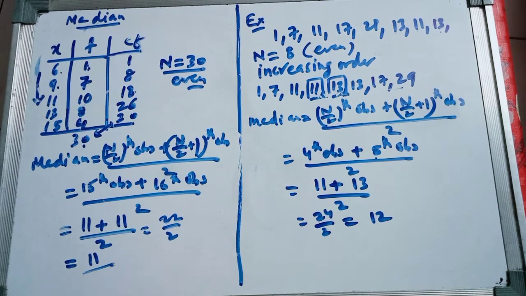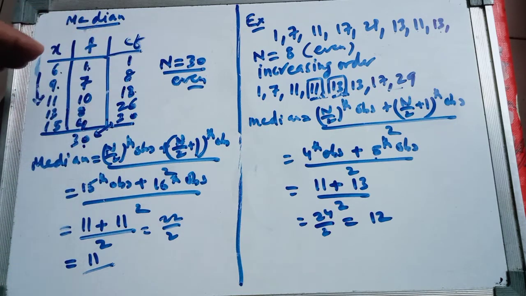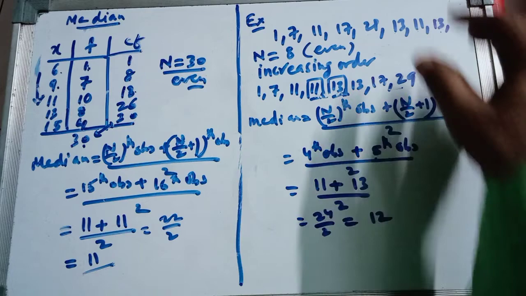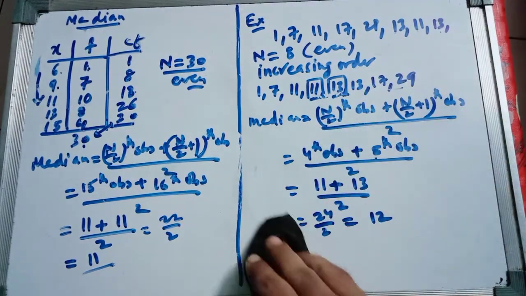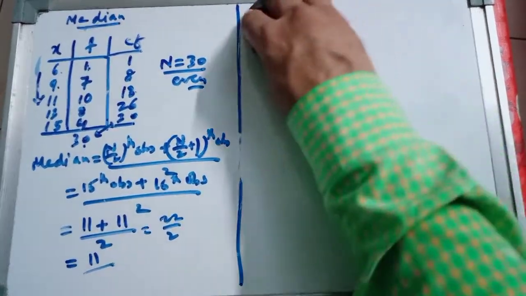Clear? So this is how we find the median. For odd numbers also you can do it in the same way. So you have to understand the way of counting the numbers from the beginning. Clear? Okay. Now if the observation is given as a grouped frequency table,